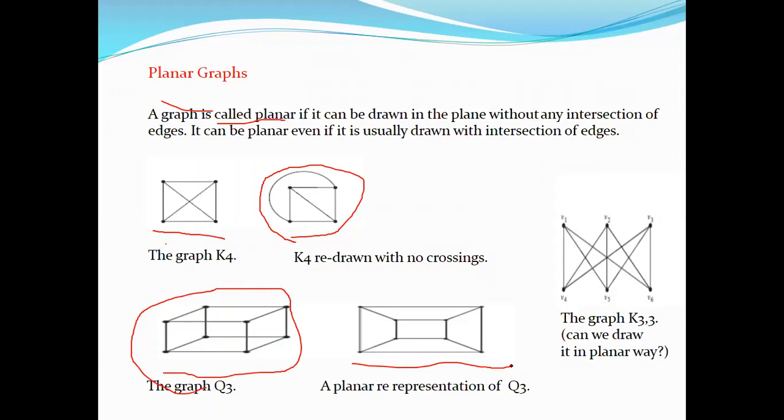That gives an impression that there is a possibility that every graph can be drawn in this planar way. But it's not true. You just try to draw this graph. It is K3,3, a complete bipartite graph. It is also called the three-house utility graph. So 3 houses are connected with 3 basic amenities: water, gas, and electricity. If we try to draw this graph in this way, it is not possible. That means it is not a planar graph.